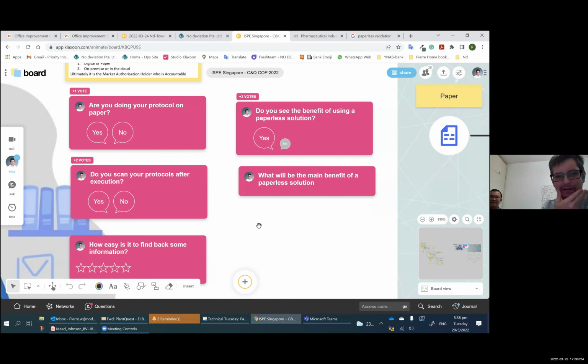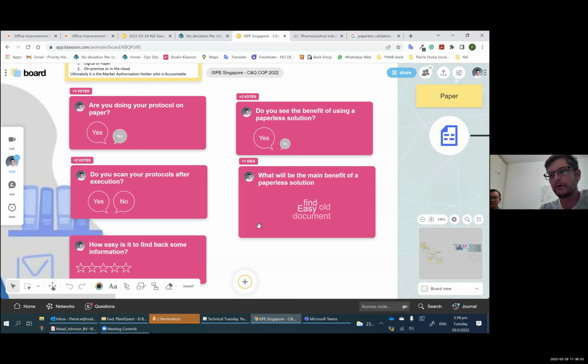User adoption is one of the challenges of digitalization, and you have so many solutions. So I think one of the things we will realize is that the diversity of the solutions available at the beginning of digitalization is one of the challenges, because your vendor, your contractor, your different sites, there are so many solutions available now that as long as you don't have a little bit of harmonization,